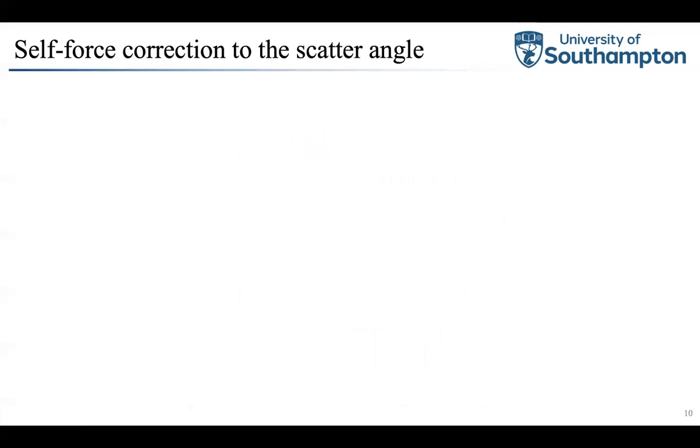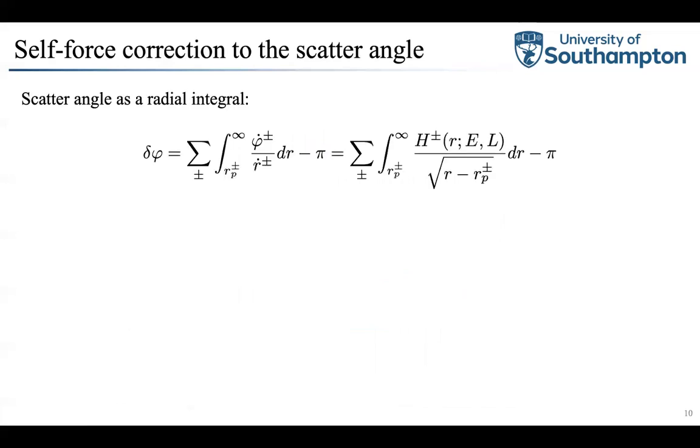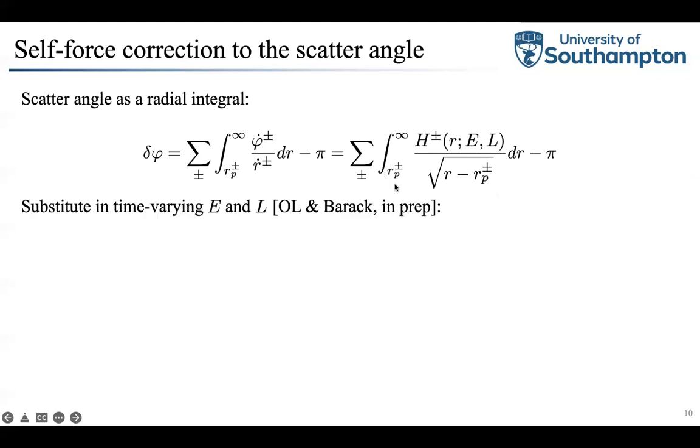Now we're going to move on to look at the correction to the scatter angle. We can write the scatter angle as a radial integral. You can see here that we have the integral from the periastron up to infinity, and this sum just means that we have to do it for the ingoing and outgoing parts of the orbit. We can write this in this form on the right-hand side. You can see that here we have this root r minus rp, which will cause a divergence at the lower limit of the integral. So what we can do is substitute in the time-varying E and L and manipulate it,